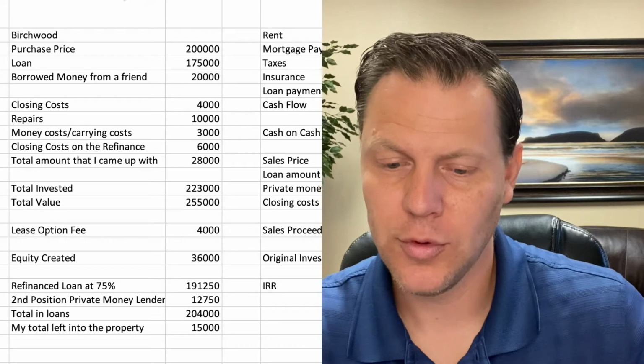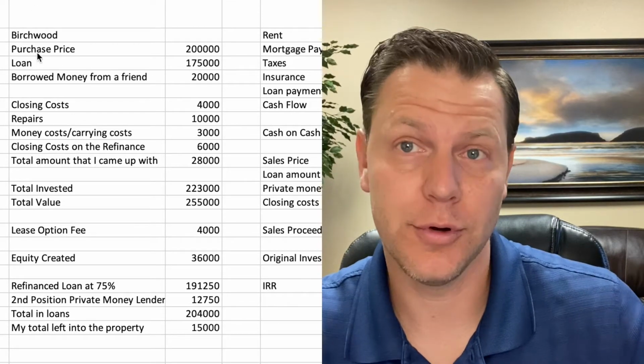So this is what the property looks like. This property is actually called a Gemini home, or kind of a twin home. So basically it's a model match on both sides, and I own one of the sides. This is a 4-bedroom, 2-bath unit in Mesa, Arizona. Now let's take a look at the numbers. So this property was a property that we purchased on the street called Birchwood.